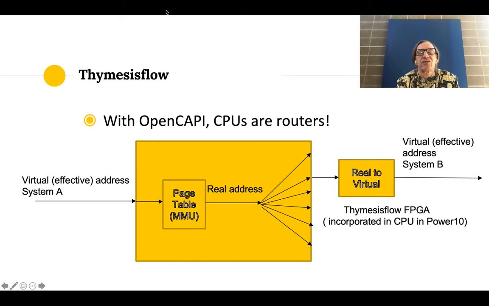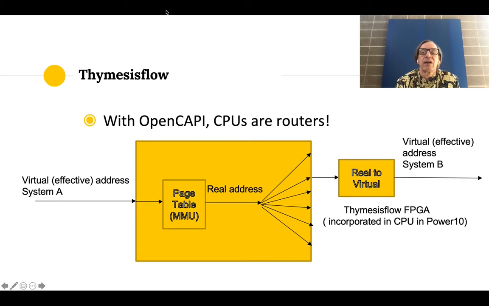And based on the virtual address that I came in with, I might be targeting system B, C, D, E, with a load or store on the OpenCAPI interface on the